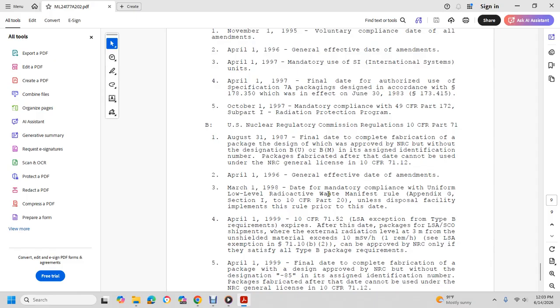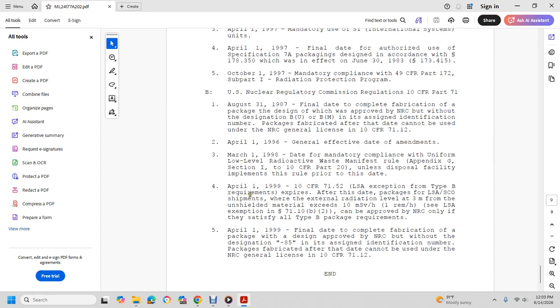March 1st, 1998, the date of the mandatory compliance with the uniform low-level radioactive waste manifest for the penalty of Section 1 with Title 10 CFR Part 20, unless the disposal facility implements the rule prior to this date. April 1st, 1999, Title 10 CFR 71.52, LSA exemption Type B requirements expire with the after the day of